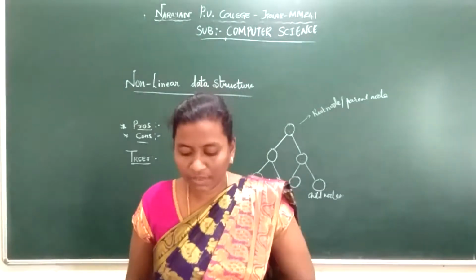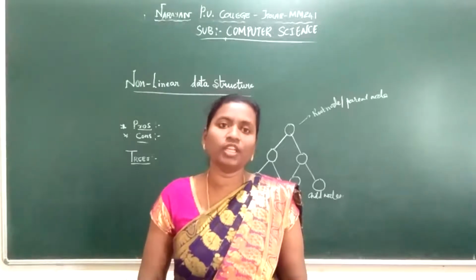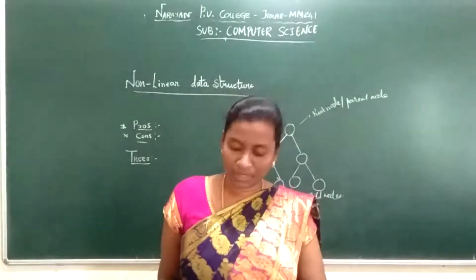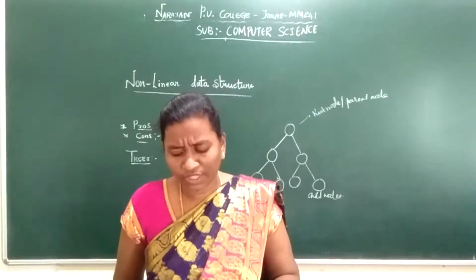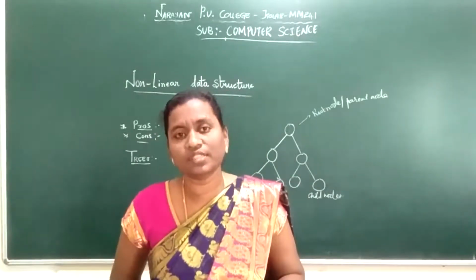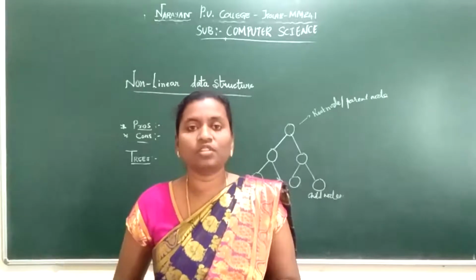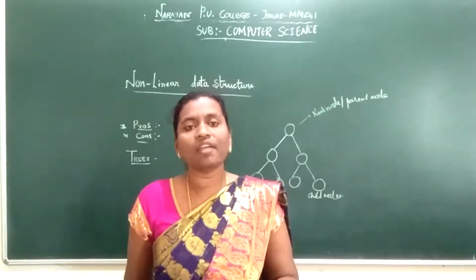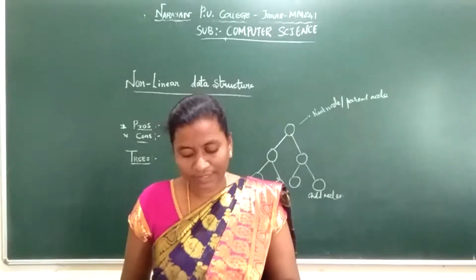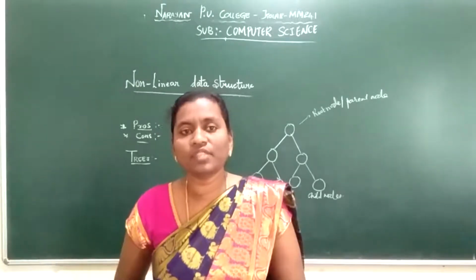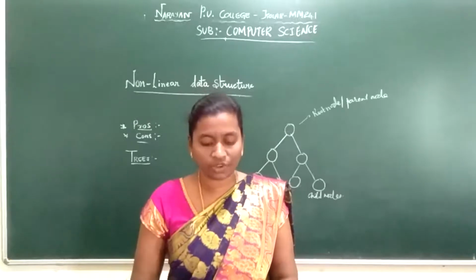Next, after discussing the definitions, we need to discuss graphs. What do you mean by a graph? A graph is a set of vertices and edges. In graphs we have 2 types: one is the directed graph and the other is the undirected graph. We have seen neighbors and adjacency in your regular classes.